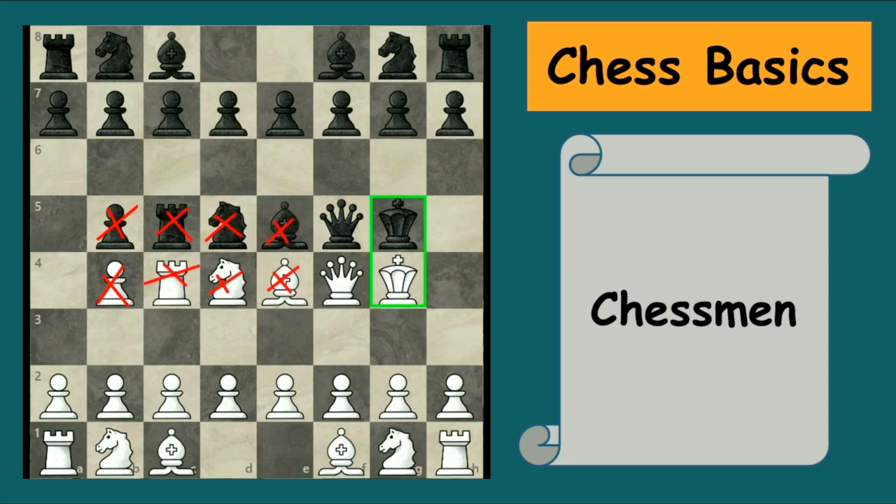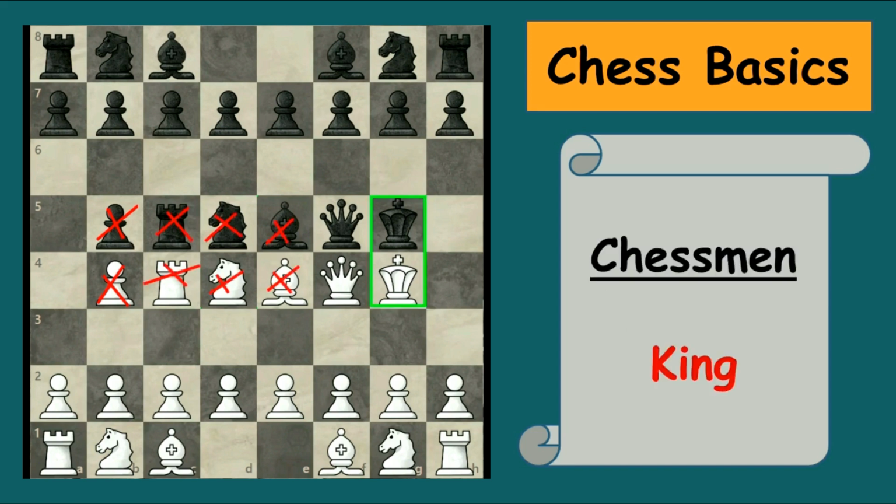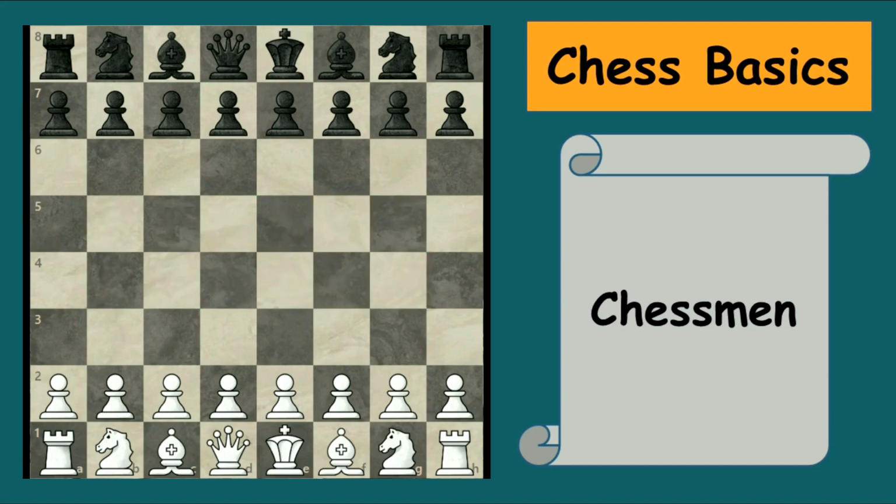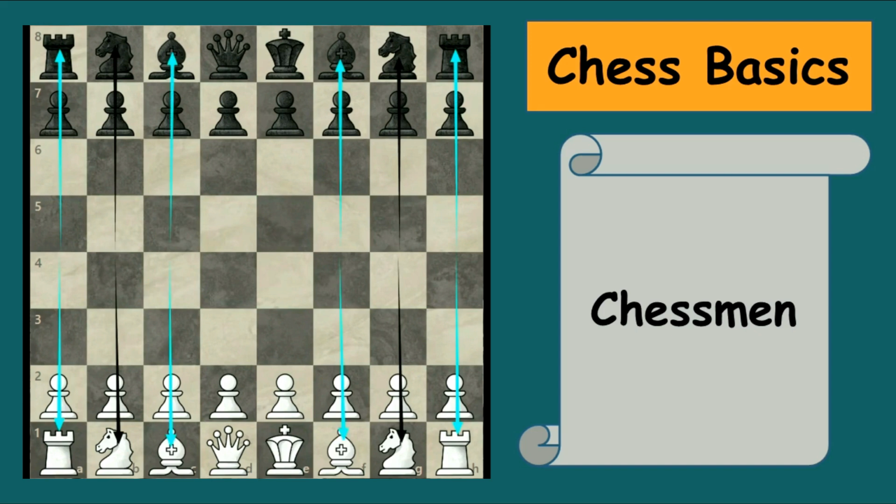And what we have left with: the majestic king and his beautiful, to be precise, powerful queen. Where should they be placed? Just keep it simple. Place the queens on their matching squares, that is, white queen on the light square and black queen on the dark square. And finally, the king on the empty square. Now you should ensure that all the corresponding pieces are aligned together in the same file as you see now.